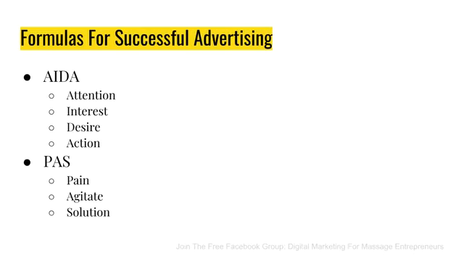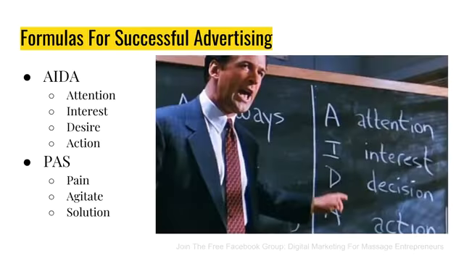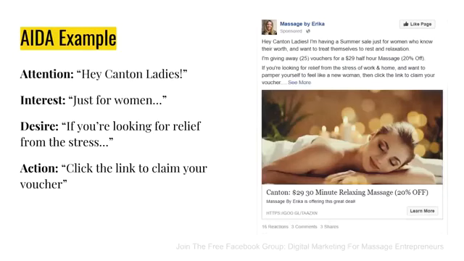Now, if any of this looks familiar, especially AIDA, if you've ever seen the movie Glengarry Glen Ross, you'll see it ties directly into sales. You get someone's attention, pique their interest, get them. Now, he's changed this here to decision. So D for desire and decision. It's a little bit different between sales and marketing. It changes off a little bit, but it's the same idea. You're pushing someone and then they go to make that action. So let's look at some actual examples of AIDA. Now, again, if you've got any questions, let me know.